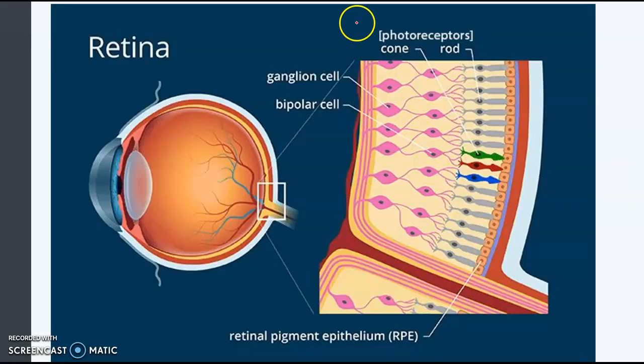But this is a better picture, I think, because it shows the retina, which is the back of the eye, and this is the area where these receptors are located. So here's a cone, and these are rods, and the rods are for